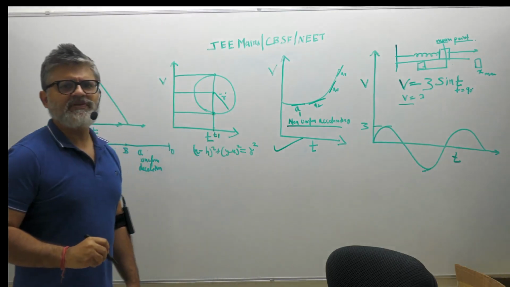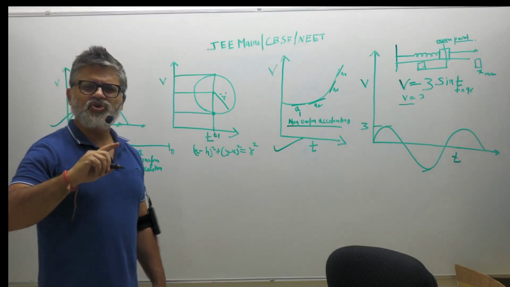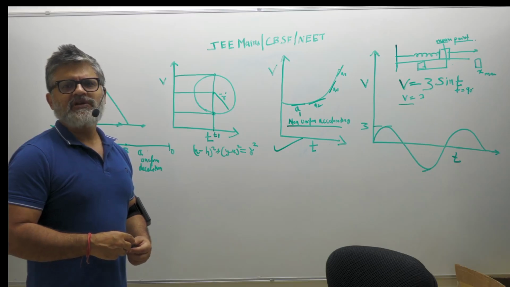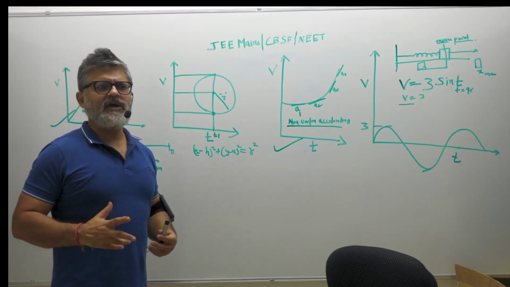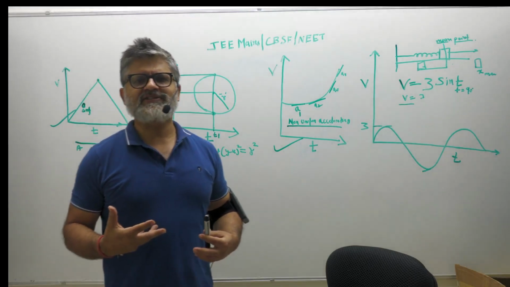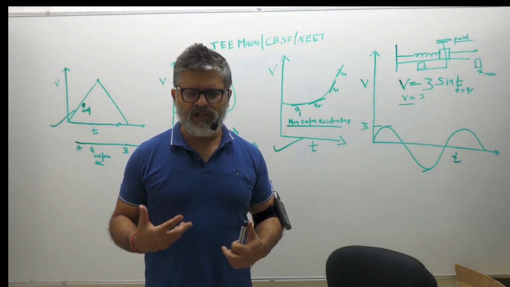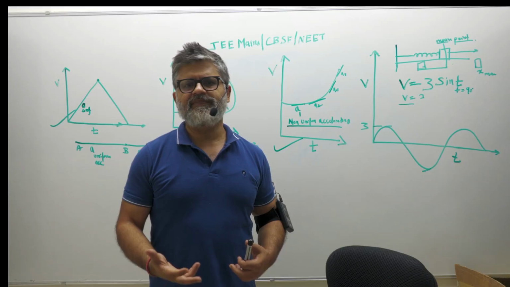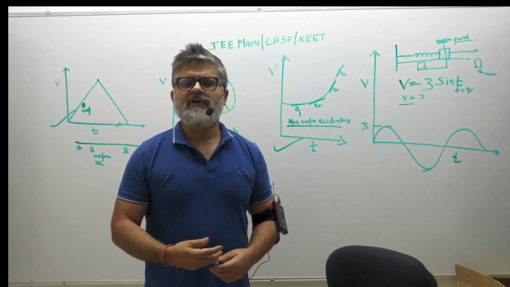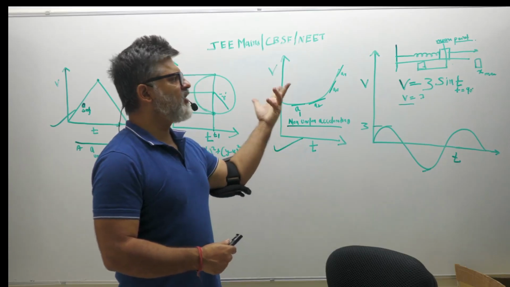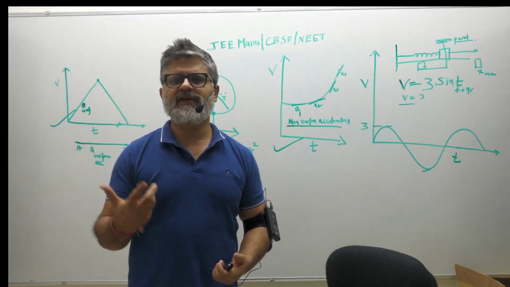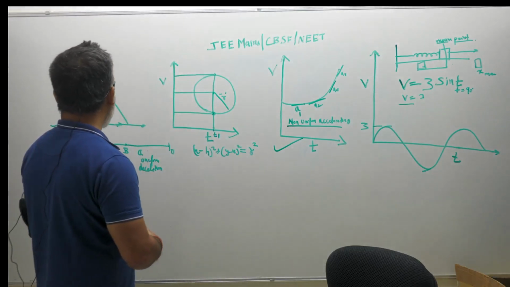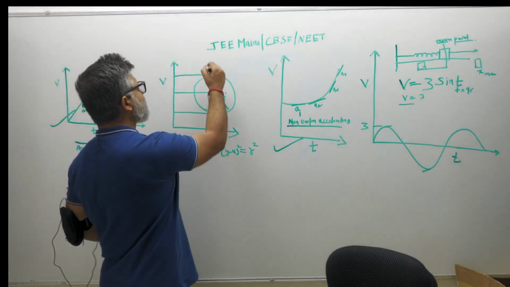Now, how is it possible that a body has two velocities at a given point of time? To me, this motion doesn't sound like any motion. If I'm in a motion, I will have only one velocity at a given point of time from a reference frame. How can I have two velocities? And there is no mention of frames of reference or where we are watching, nothing. That's a straightforward question. The velocity is being measured from the ground and the observer is at the ground. So to me, this graph appears outright wrong.